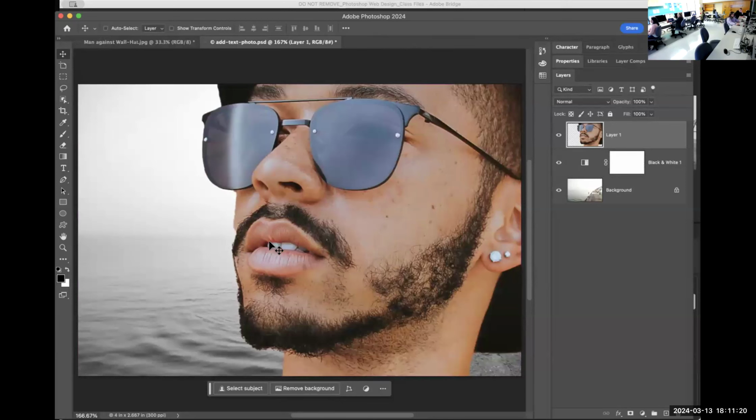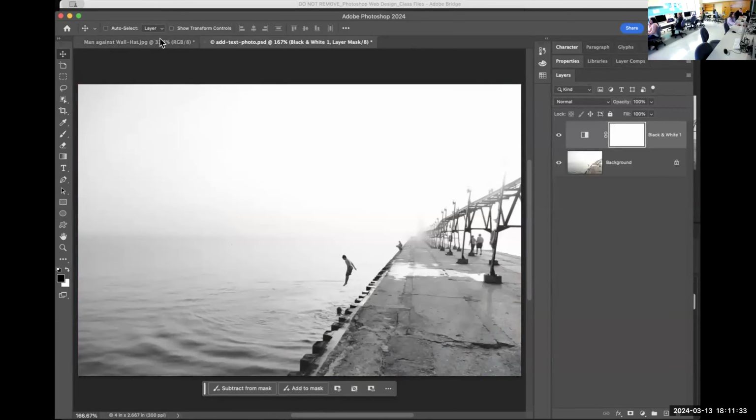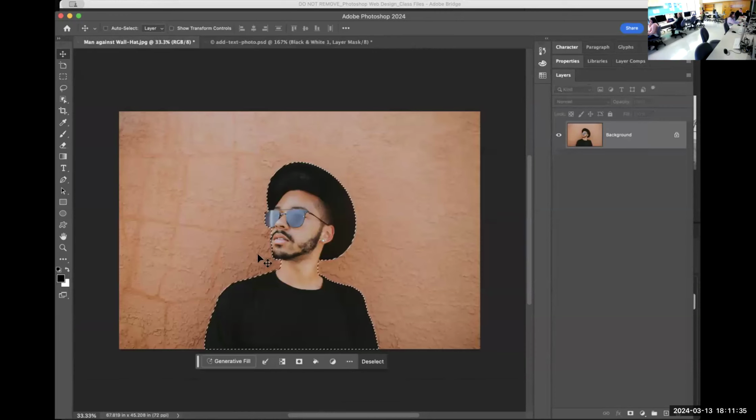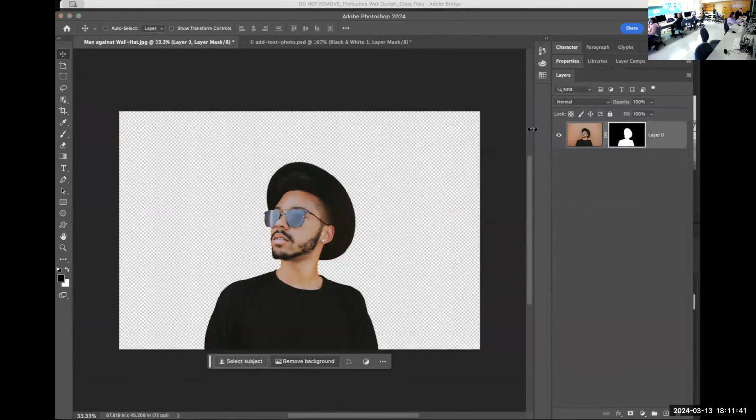All I have is his face. I brought in that selection and I can't really fix it because I don't have a mask to add to or take away from to make the selection better, right? So that's not a problem. I can probably fix it first, make the selection and do all my fixing in here and then bring it in. But if instead I had done this and brought in this entire thing,